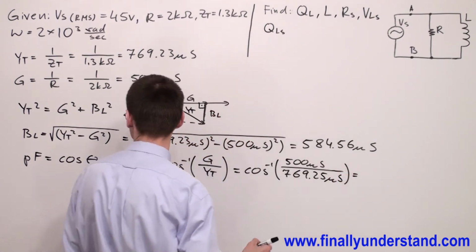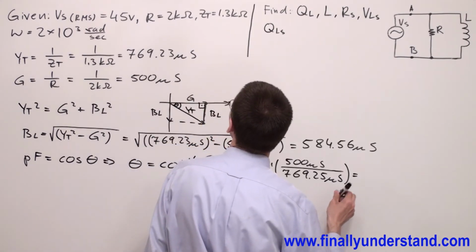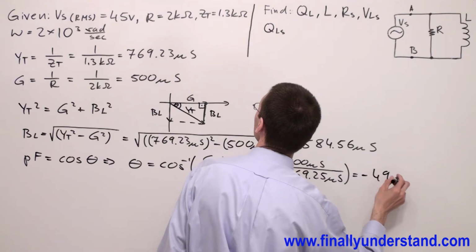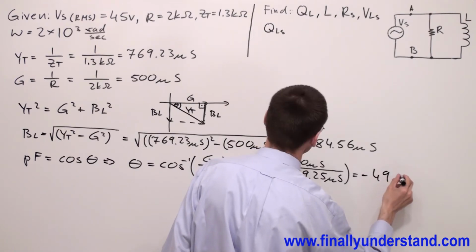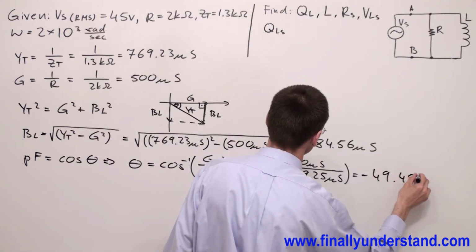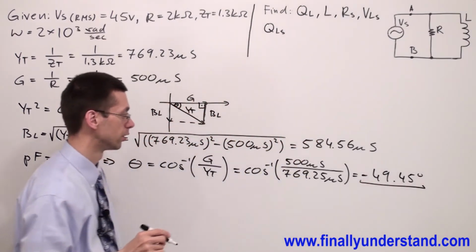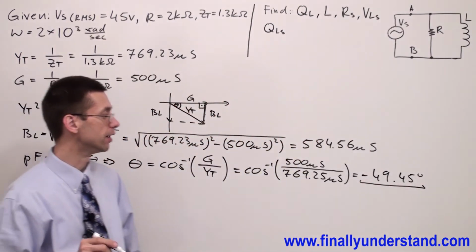This is equal negative 49.45 degrees. Okay, this is the angle which you're supposed to write next to